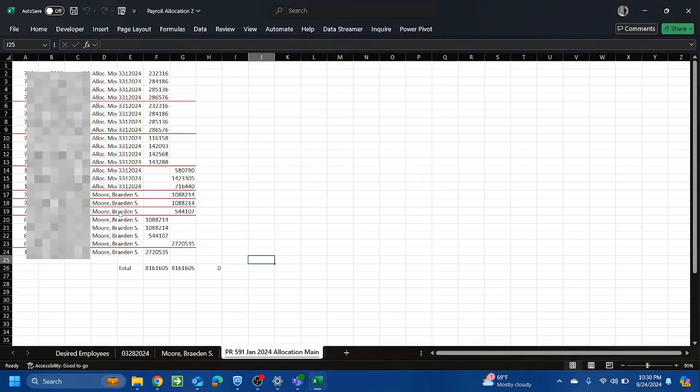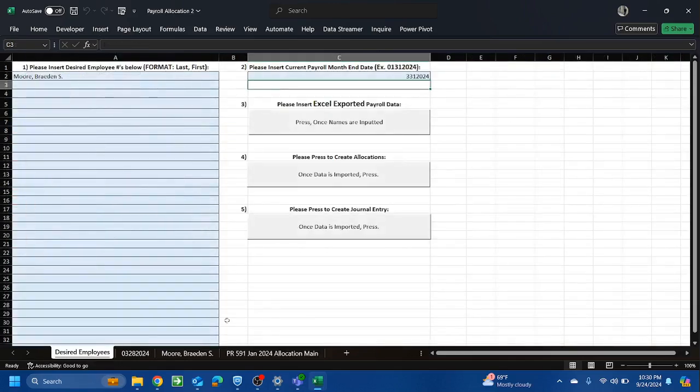If we look over here, we can also see that all this data has gone through several accounts. We can see that we have these here and then it switches over, and each line showcases it going to a new account. And that is our automated journal entry for payroll